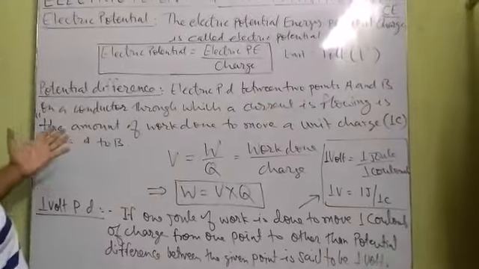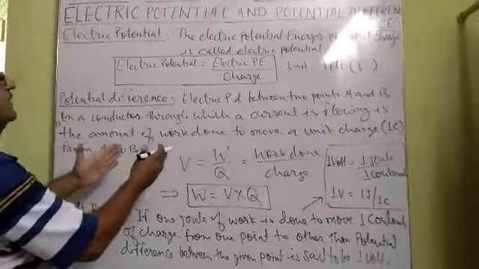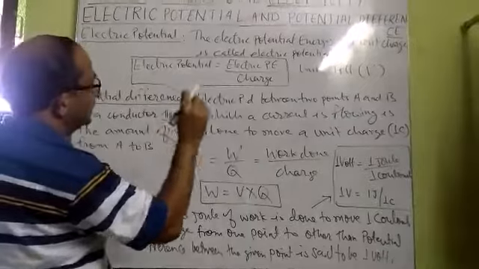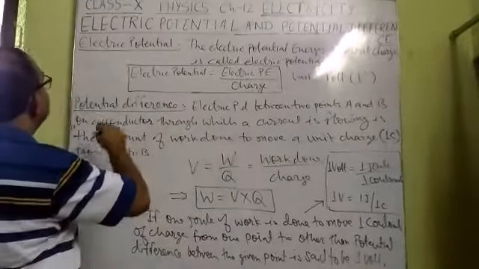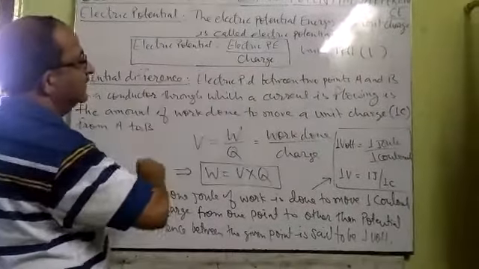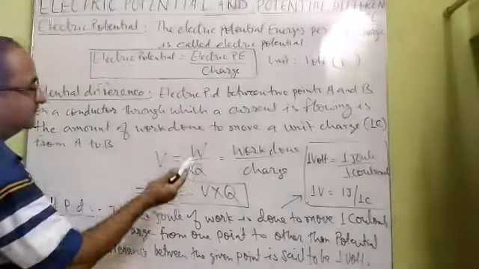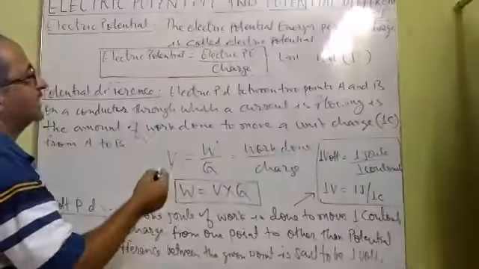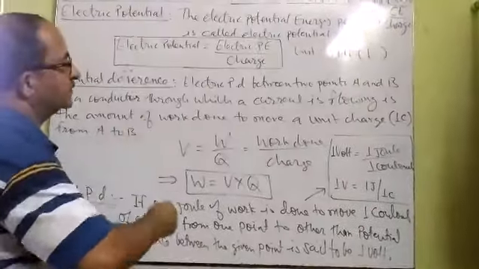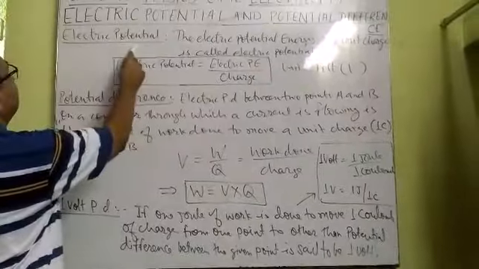In the same manner, in an electric circuit, if we connect a battery, a bulb and connection wires, and the circuit is closed, then the electric potential of the positive terminal of the battery is higher than the negative terminal. When the battery is fully charged, the charge starts flowing from the high terminal, the positive terminal, to the negative terminal if the circuit is closed. So what is electric potential?